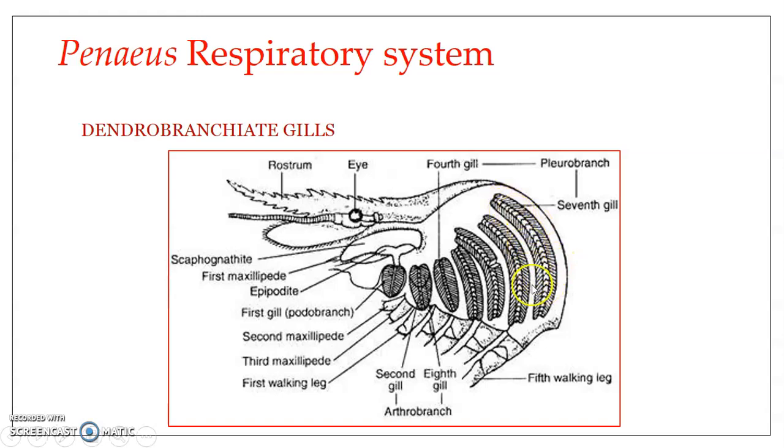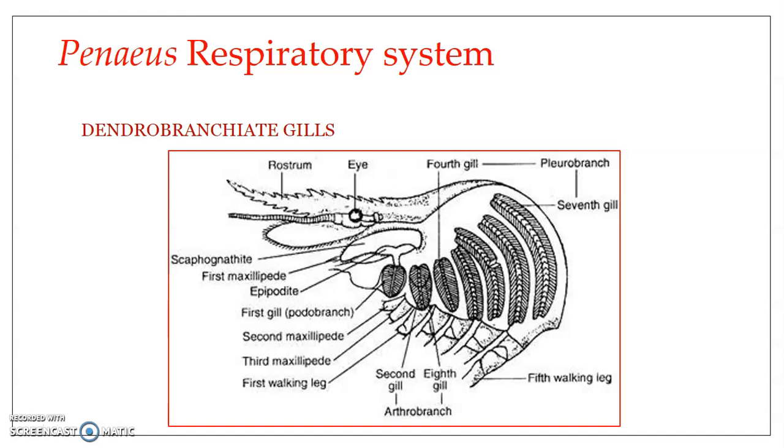So they have a central axis or the central stem. It is known as the gill axis, and on either side of the gill axis you can find highly flattened gill lamellae. These gill lamellae are bilaterally arranged plate-like structures. So this is a gill, and these smaller structures are known as gill lamellae. The gill axis and gill lamellae are covered with a very thin layer of chitin, and they are richly supplied with blood vessels, and hence they form a very good respiratory surface.